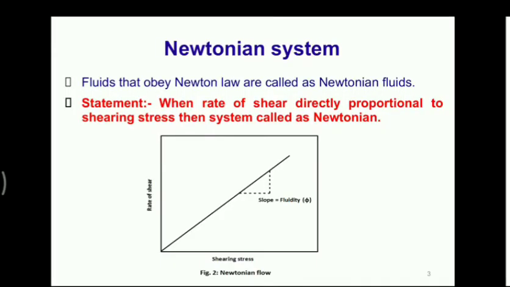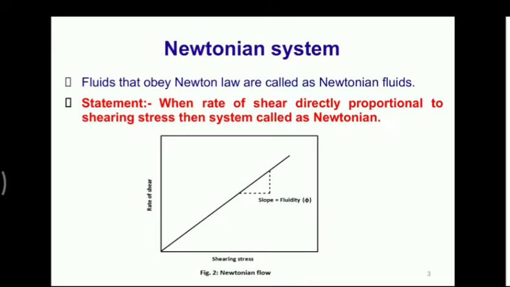So first of all, the Newtonian system, which we already discussed. Again we have to just recall this. Fluids that obey Newton's law are called Newtonian fluids. What is the statement of Newton's law of flow of fluids? When the rate of shear is directly proportional to the shearing stress, then the system is called